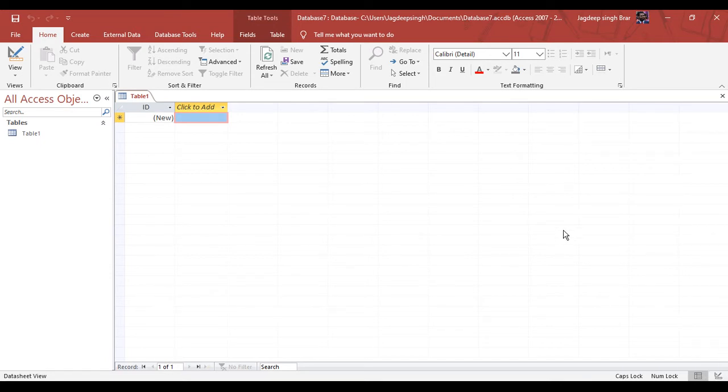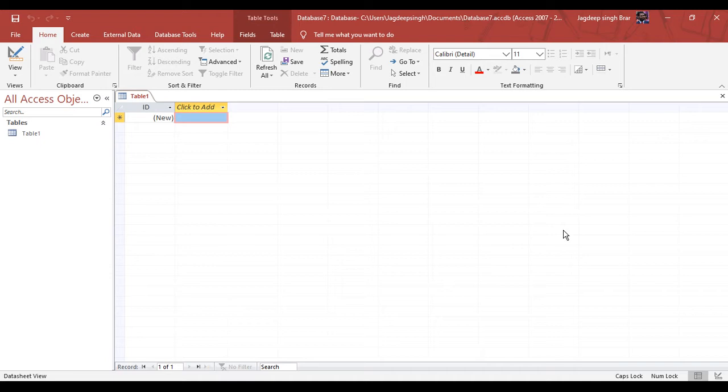In Access, every database is stored in a single file. That file contains the database objects, which are simply the components of the database. The database objects are the main players in an Access database. There are six different types of database objects.